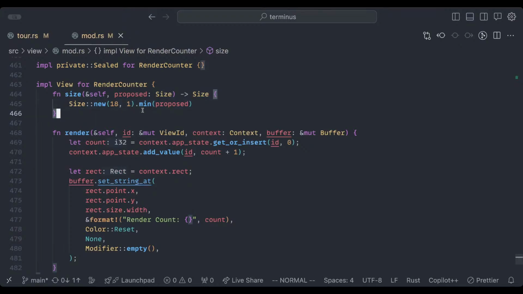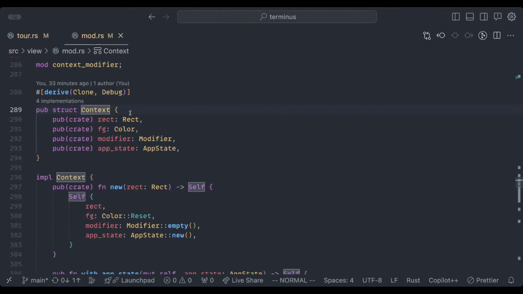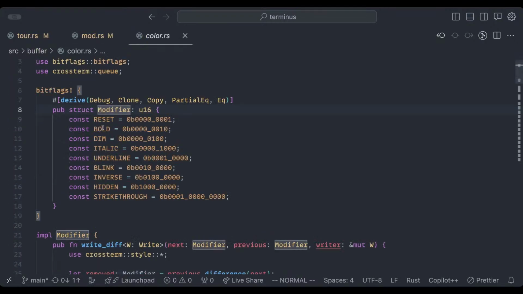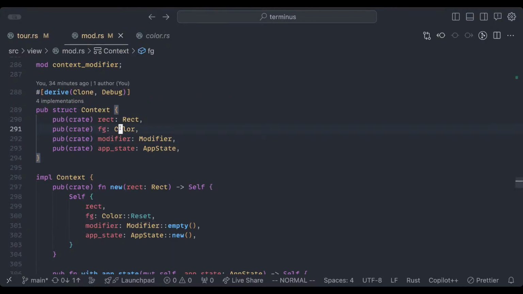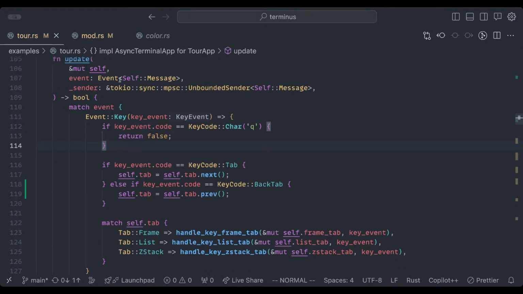But basically the way it works is the app context, which is passed down through each render call, and it stores the current color, the current view frame that view has access to and can render into, and a modifier, which is like bold, dim, italic. It's sort of like an environment that's propagated down the tree. And the nice thing about having the color and the modifier be in this context, which is what SwiftUI does, is because if I go to